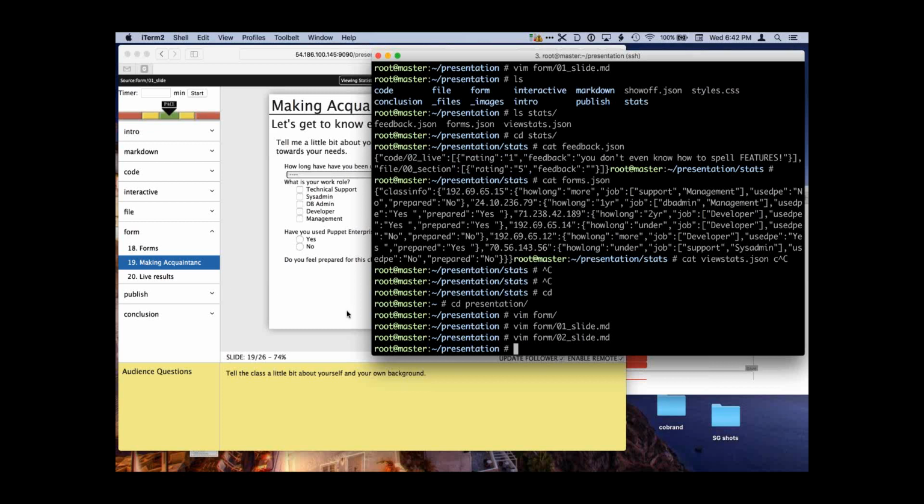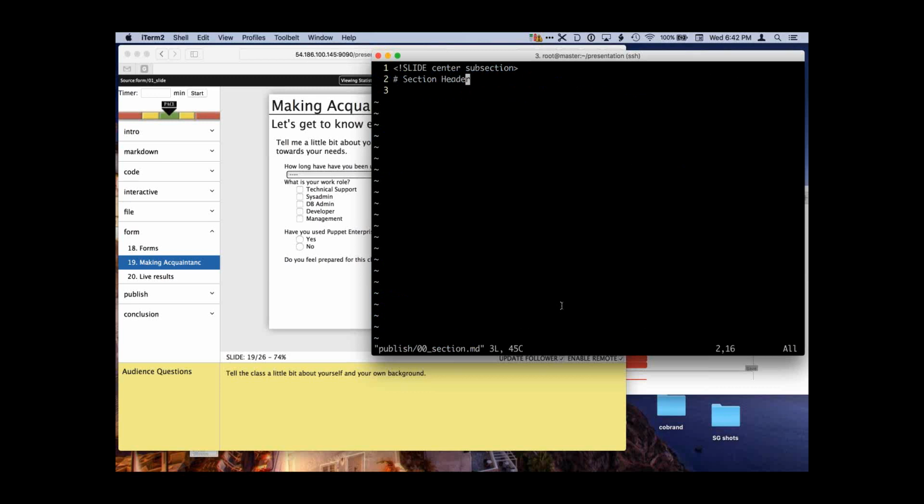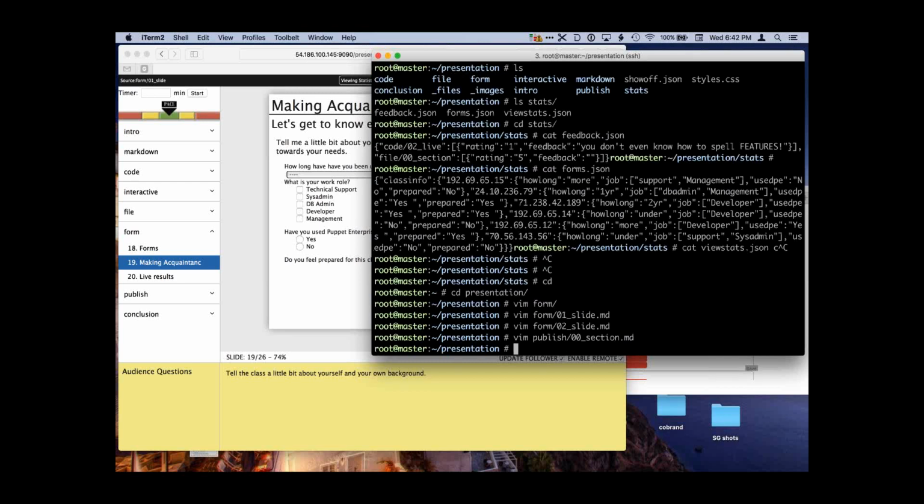Okay, so let's move on and we'll talk about publishing. Publishing your stuff. This is one thing that I find to be really, really cool about the tool, is how many developer-friendly functionalities that we've got.